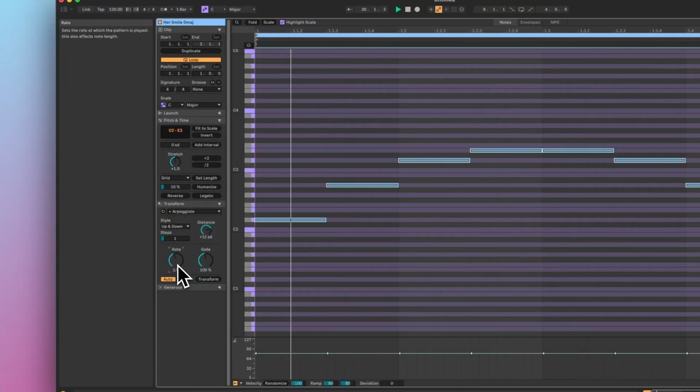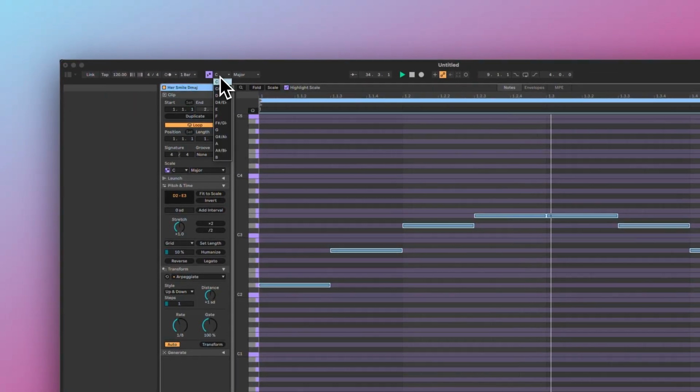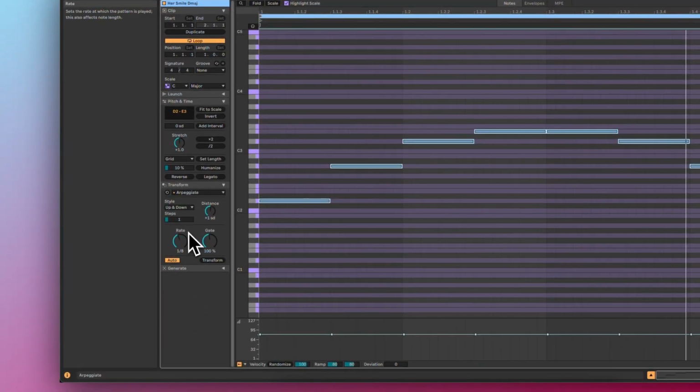Use the distance setting to control how far each step jumps. Want upward motion? Set it to +1. If you want the motion to follow a scale rather than semitones, enable the clip scale first. Then set the number of steps you want the arpeggio to follow, and dial in the rate and gate to